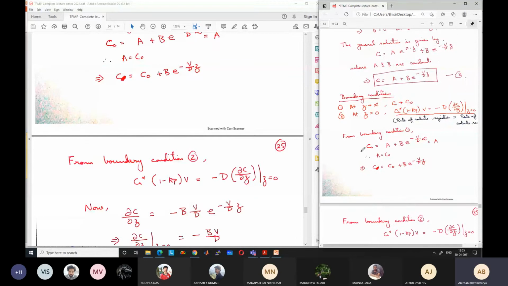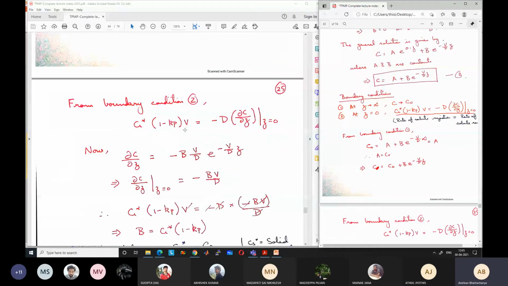So CL star into 1 minus Kp V is equal to minus D del C del Z at Z equal to 0. Okay. Let us find del C del Z from this expression. So del C del Z is equal to 0 plus B into minus V by D into e to the power minus V Z by D, or minus B V by D e to the power minus V Z by D, or del C del Z at Z equal to 0